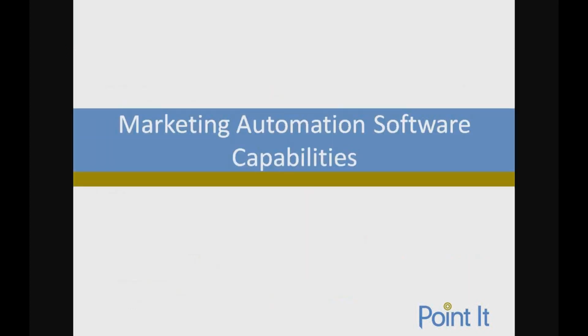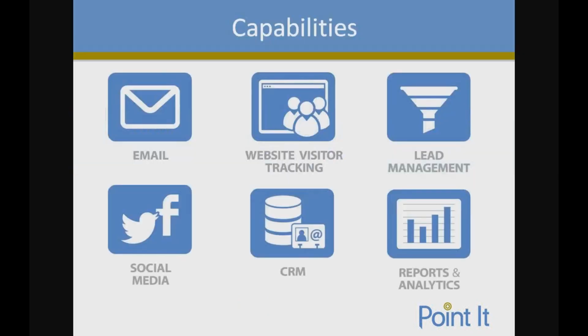So next, we are going to go into a little bit about marketing automation software's capabilities, what marketing automation can help you do as a marketer. There are 6 key capabilities that we are going to talk about today. The first one is email, how you're able to send targeted emails to the leads on your list, and how you're able to develop those emails without having to have IT involvement. The next is website visitor tracking. See how those leads are behaving on your site, what they're doing, what they're interested in.